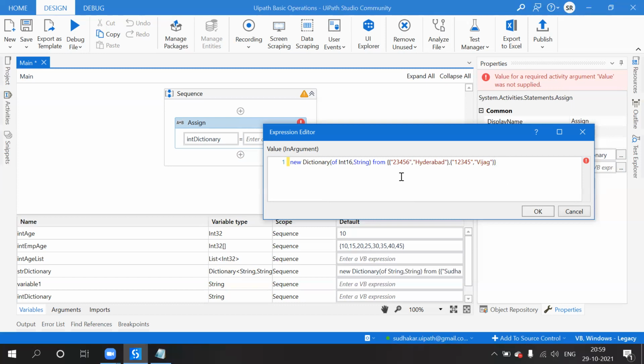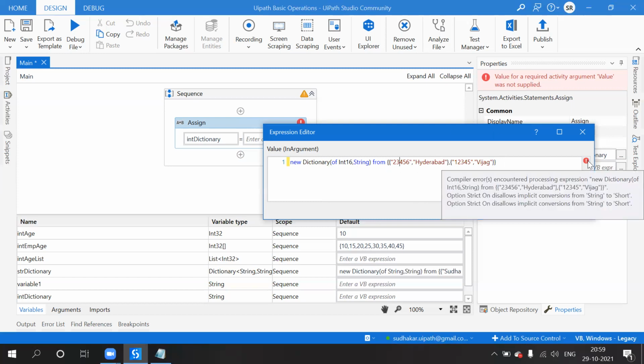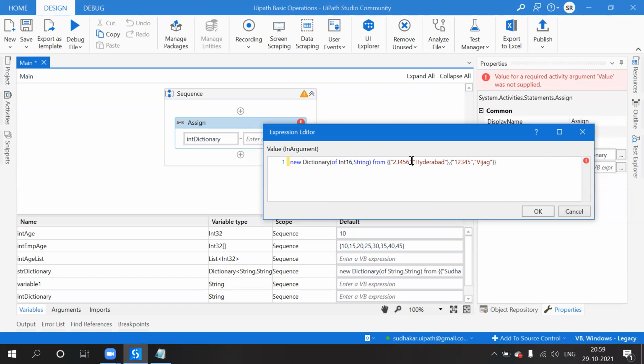Okay, this is the combination. But here we are getting one error. What is this? It disallows implicit conversions from string to short. Here I defined an integer and I enclosed it with a string. That is the reason I got an error.